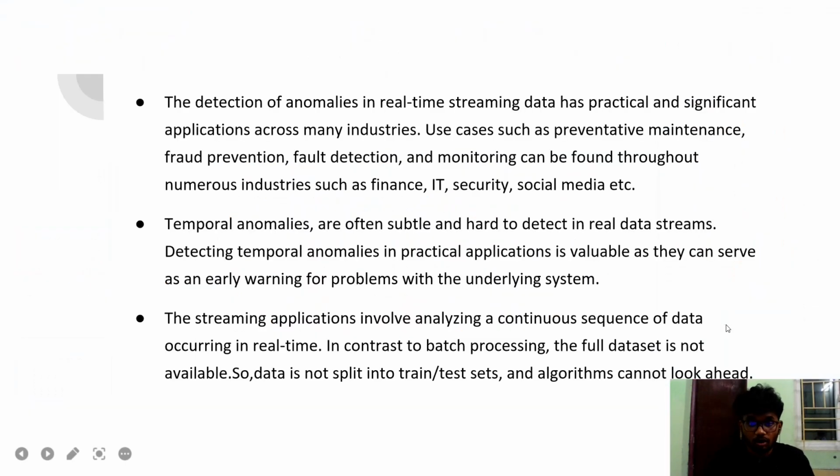The detection of anomalies in real-time streaming data has practical and significant applications across many industries. Use cases such as preventive maintenance, fraud prevention, fault detection, and monitoring can be found throughout numerous industries such as finance, IT, security, medical, energy, e-commerce, agriculture, and even social media. Temporal anomalies are often subtle and hard to detect in real data streams. Detecting these temporal anomalies in practical applications is valuable as they can serve as an early warning for problems